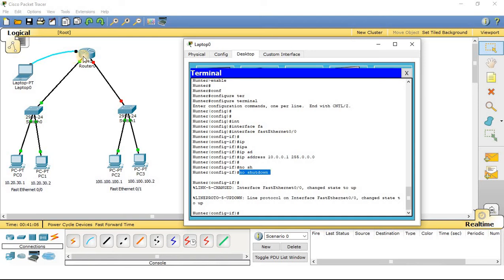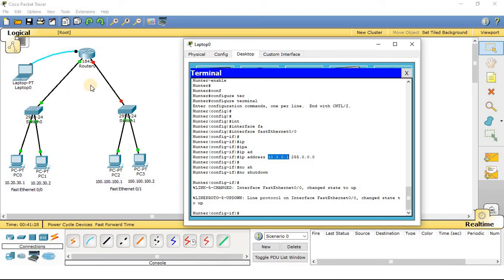So now you can see the IP address of this router I have already assigned for this particular port is 10.0.0.1. So this 10.0.0.1 address will register in the MAC table of this switch for the corresponding port where I have connected this cable.